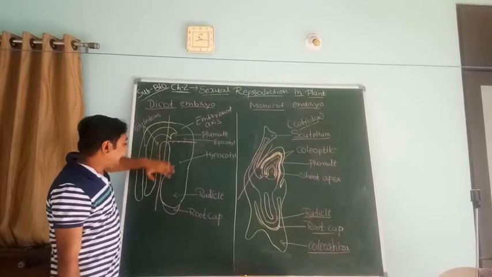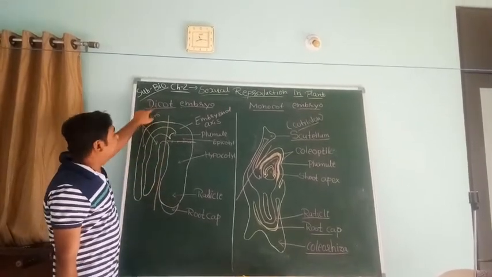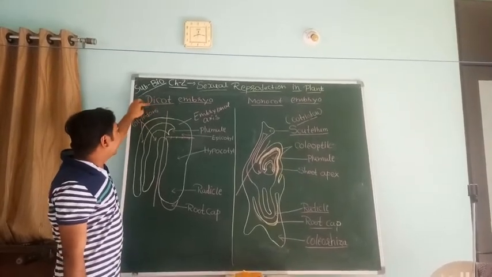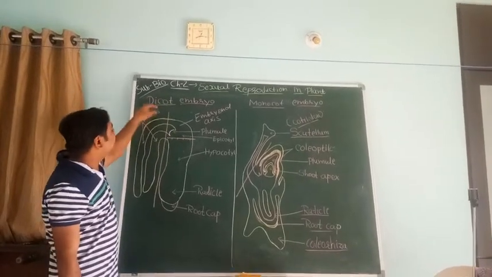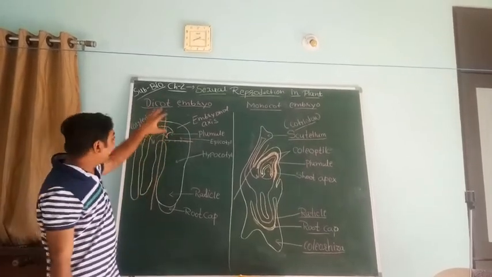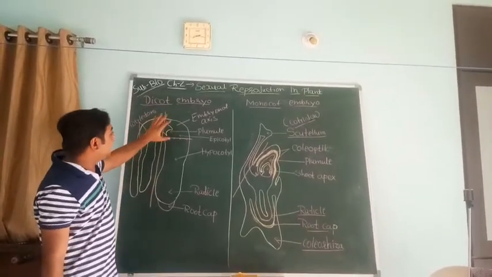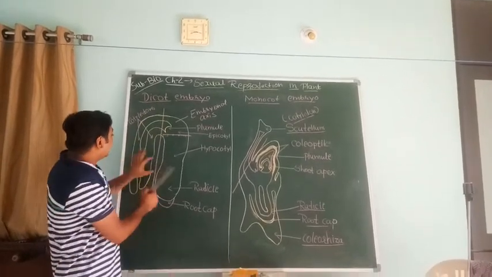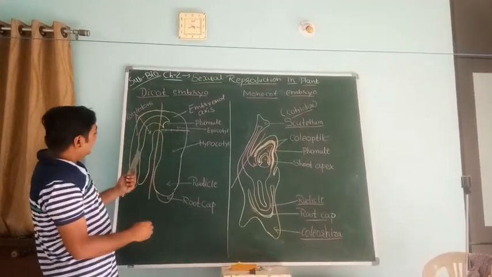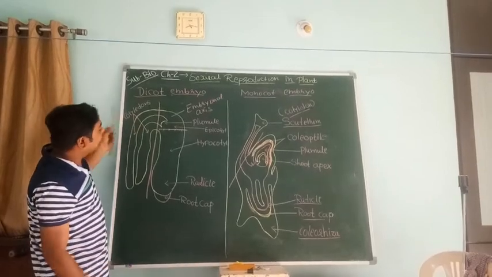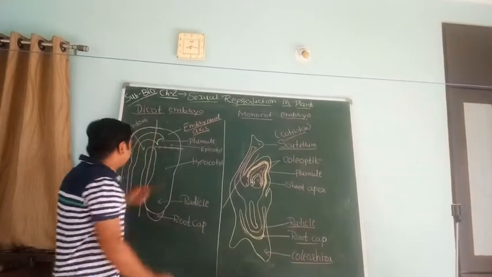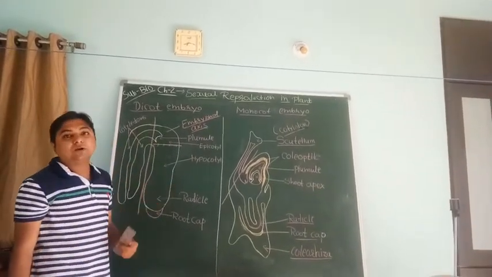Here is a diagram of the dicot embryo. As the name suggests, dicot means dicotyledonous embryo. Dicotyledonous plants have a dicot embryo. Di means two, so dicot means two cotyledons. So the dicot embryo has two cotyledons. In this diagram, the dicot embryo can be divided into two parts. One is the cotyledon, and there are two cotyledons present in the dicot embryo, and the other part, this axis, is known as the embryonal axis. This full part is known as the embryonal axis, and it is the main part of the embryo.